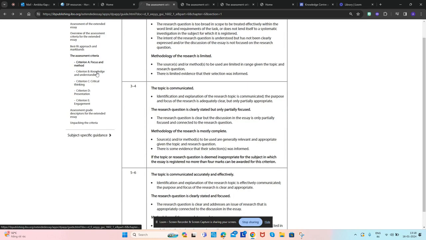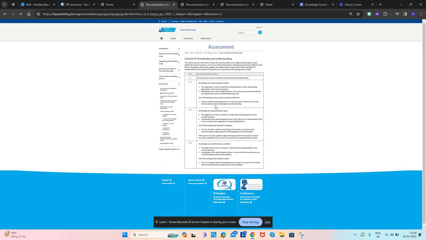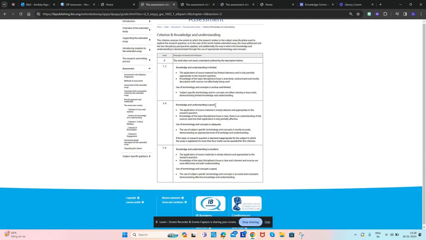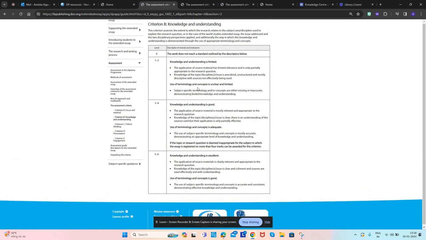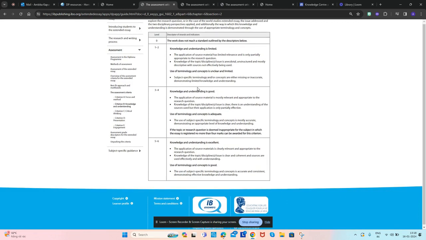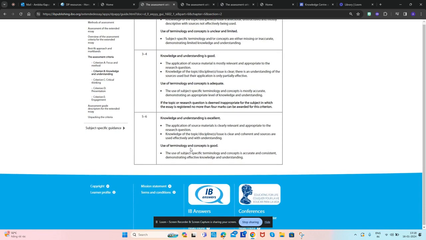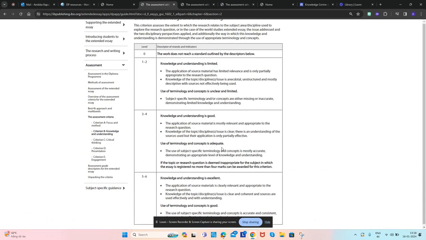Now let's understand knowledge and understanding, criteria B, where the major strands are that the use of knowledge and understanding is excellent, or the use of terminology is good, or the use of terminology and concepts is good. So there are 2 strands on which